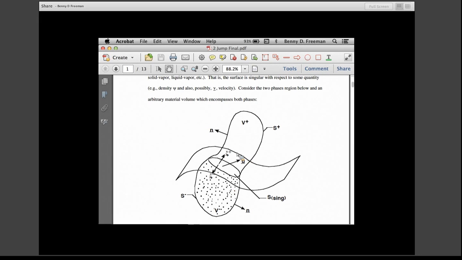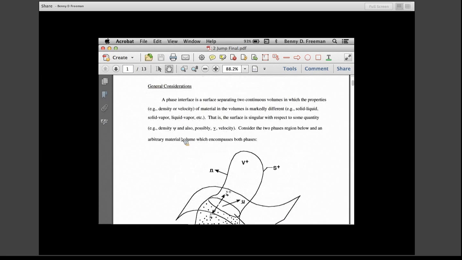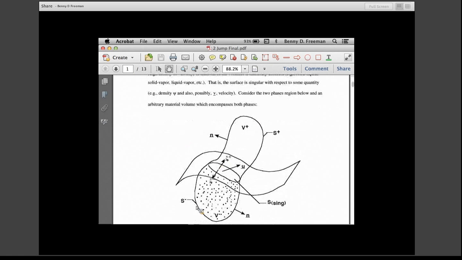And so we are going to treat this entire volume as a material volume. It has two pieces. V plus is the part of the material volume that is in the gas phase, if we let that be this clear region. And V minus is the part of the material volume that is in the liquid or more condensed phase. Each of those volumes will have associated with it a surface area. And there's no net mass transport of any component of interest across that surface area,